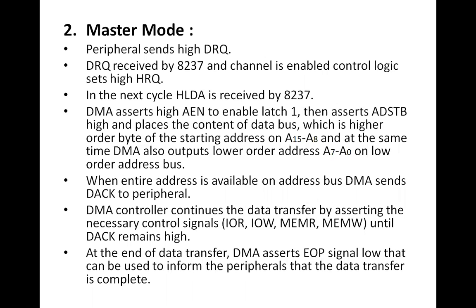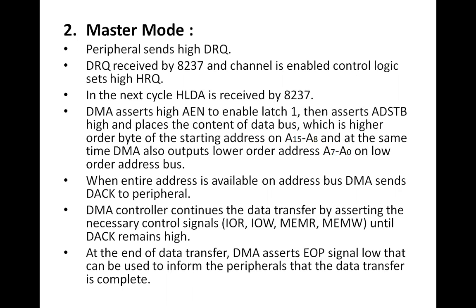So the master mode comes after the slave mode. In the slave mode we do the initialization process, and after this initialization, the 8237 will convert into the master mode,